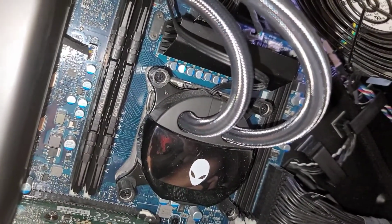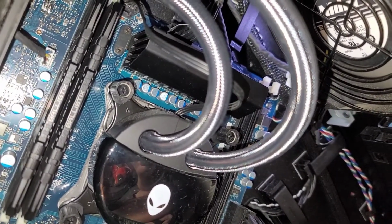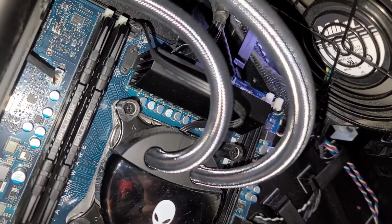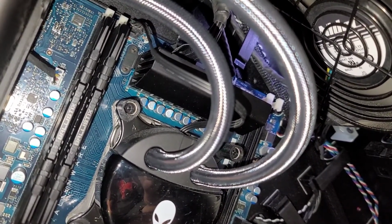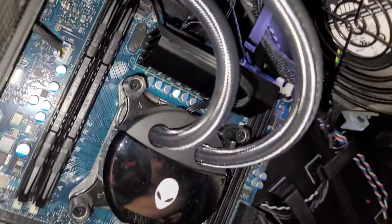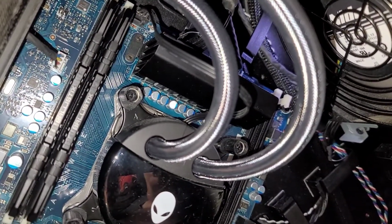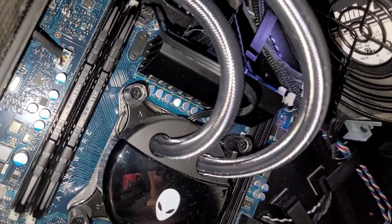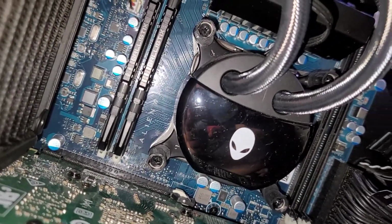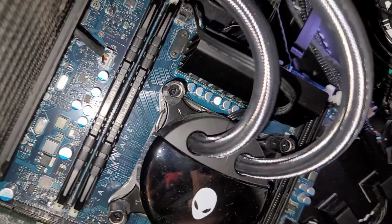Maybe it doesn't like this type of RAM either. They might be right that it only supports 2400 megahertz RAM. If that's the case, we'll put back the old RAM, and then they'll probably order some new RAM. Okay, so you can see the light is on, the computer's still off. I mean, it's not putting out anything to the display. Yeah, so I think it doesn't like this RAM. It's kind of weird that it's not beeping with the other type of RAM, but it's not booting either, so